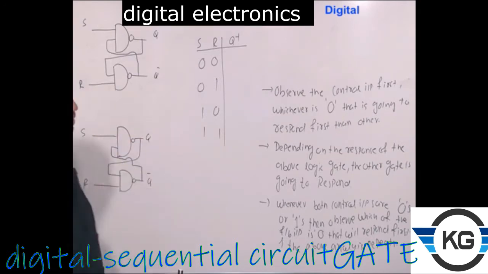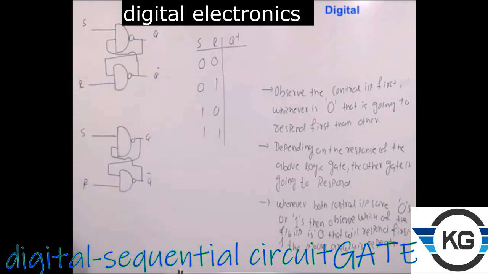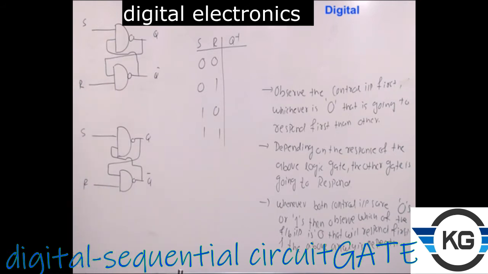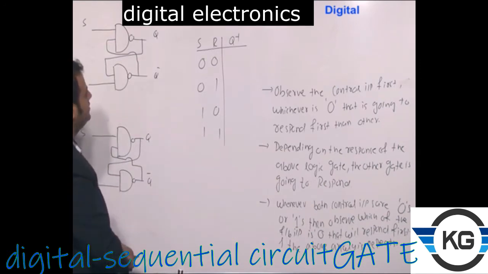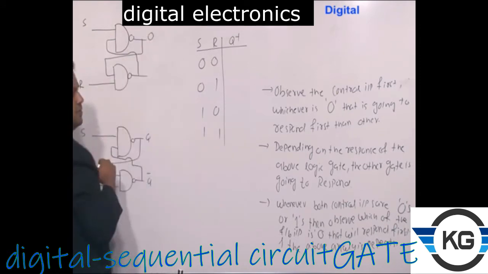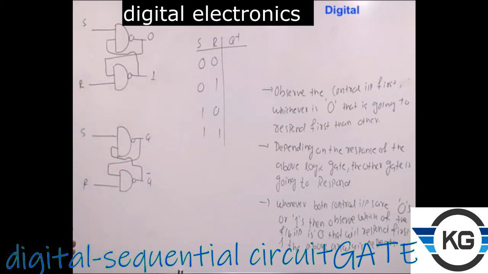I will emphasize how to take care of these statements, because it is a digital device. The output or the input throughout any circuit, at any moment of time, can have 2 possibilities: it can be either 0 or 1. Because we do not know the initial state, for generality let us assume Q equals 0. If Q equals 0, then definitely Q bar equals 1. This is one possibility.